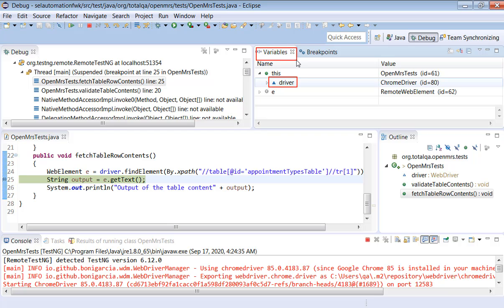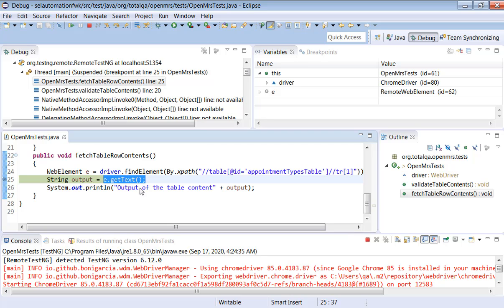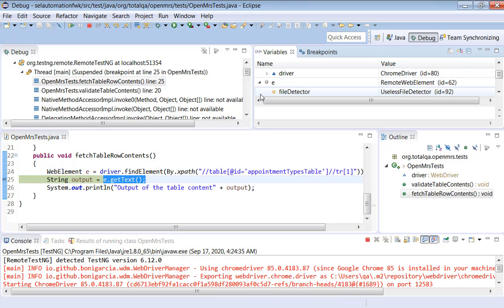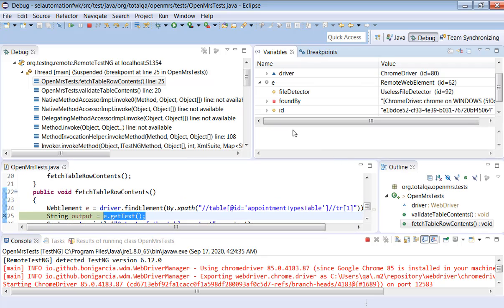So what is the advantage of the variables tab? This is coming by default because when you are debugging the code, this view will come. The advantage is you can see the variables which are created in the program. Now, what is the content of this variable? Let me expand this. You can expand this and slowly observe carefully.